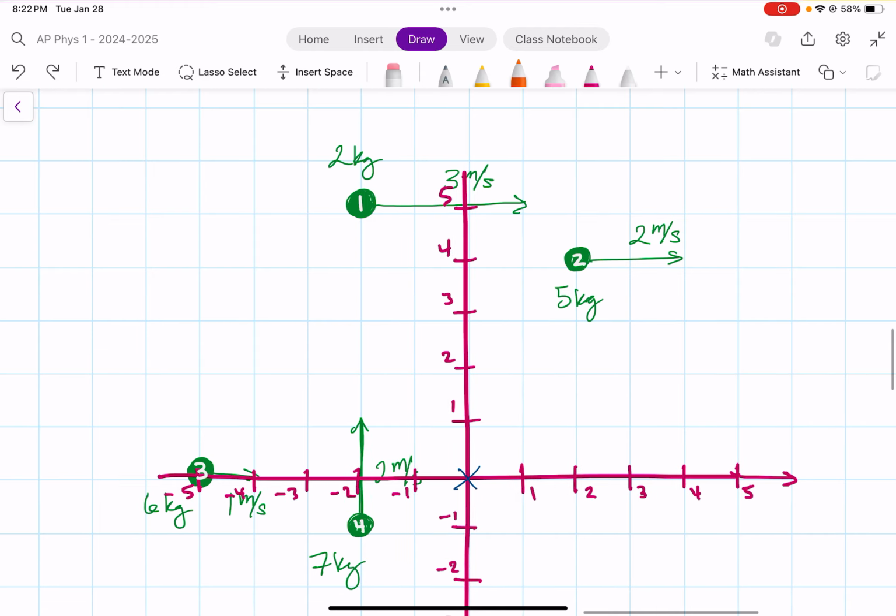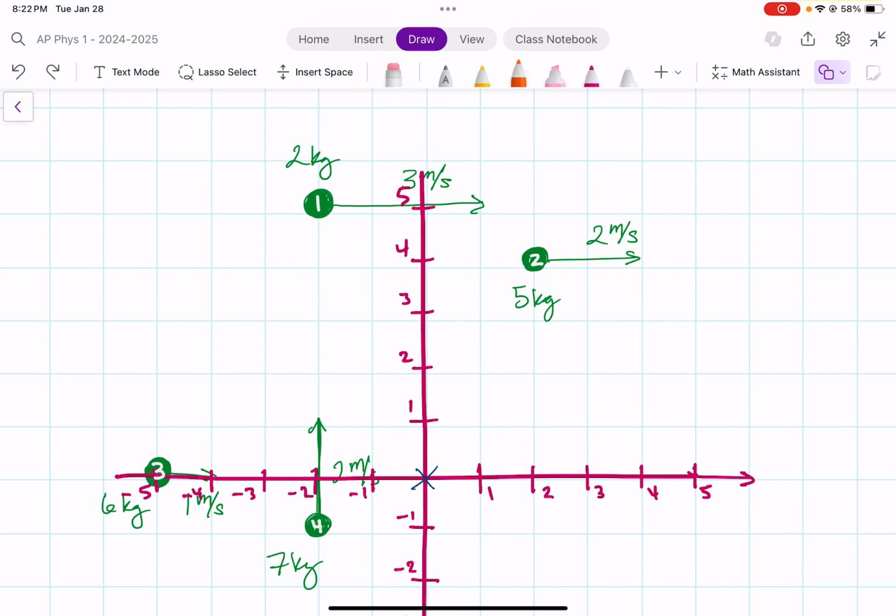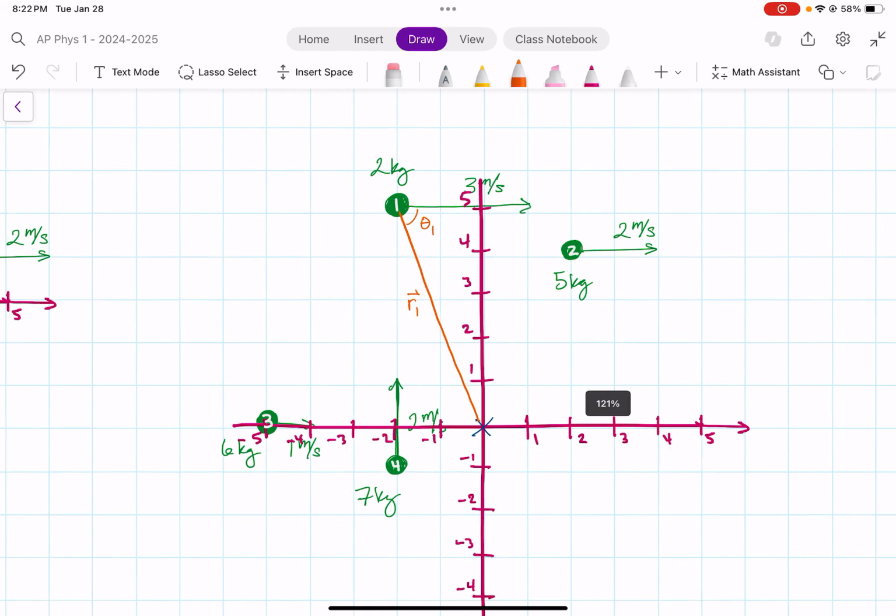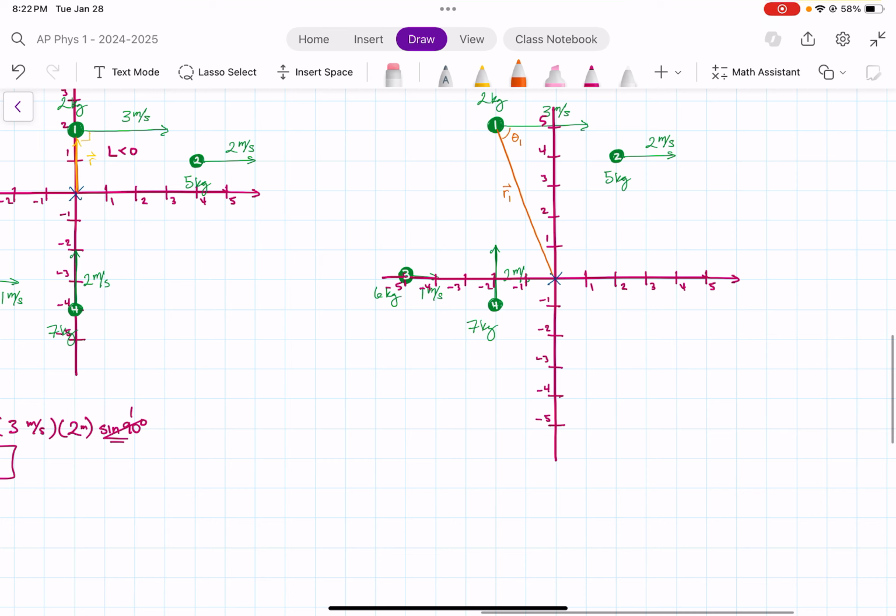Okay. So draw my position vector. It's r. And I actually have an angle here, so let's just call that theta 1. In fact, we should probably label this r1 because it's the first mass. And so if I want to calculate angular momentum of object 1, I would take 2 kilograms